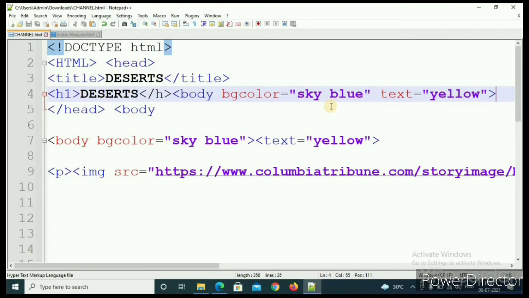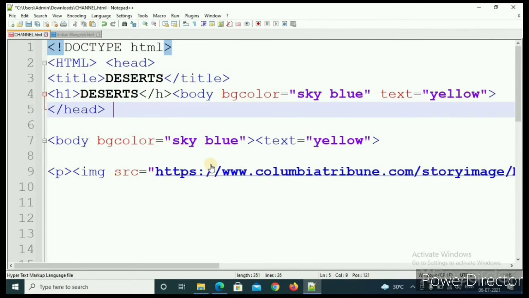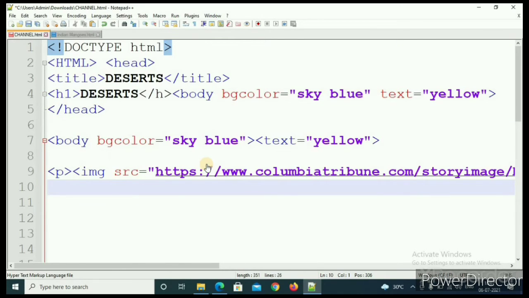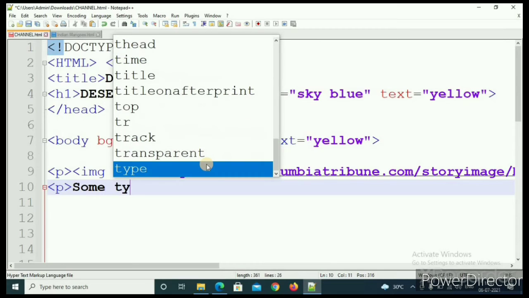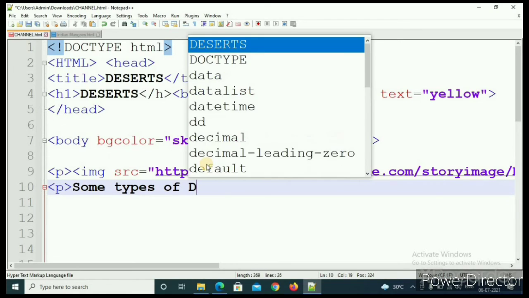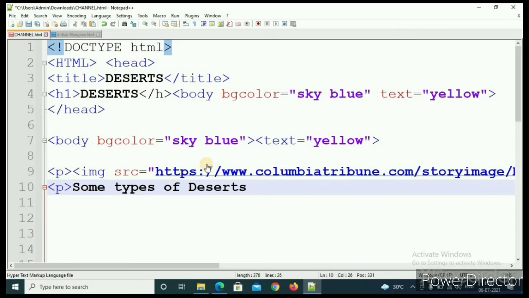Okay, now let us come to the body. So I will remove this as I was trying to do for you. So I will come to the body. Okay, so here I will simply press this one, then P, and then this, and then I will type the first one. I will add some types of deserts are,